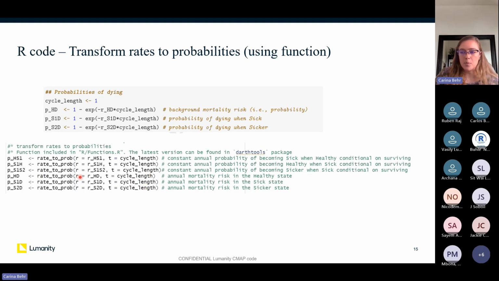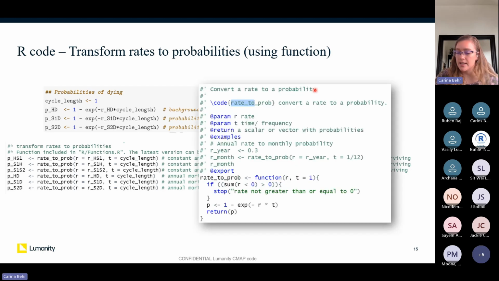And I think this is important, maybe especially for beginners, to identify what functions look like. Sometimes it's difficult to know, if you're using someone else's code, which functions they defined and which functions are part of R. But in this case, in another script there is a predefined function called rate to probability, and here you define it as a function, and there are 2 input values needed, a rate and a timestamp,